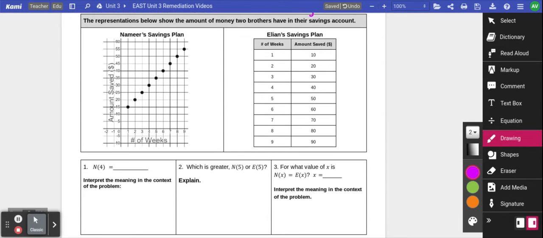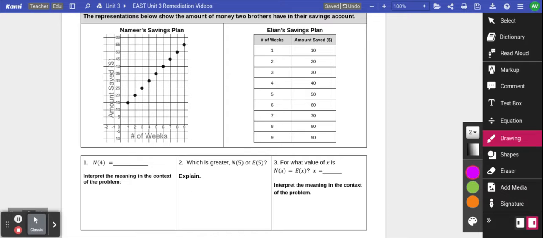Next, let's practice looking at graphs and tables at the same time and comparing them. So this problem says we're looking at 2 different savings accounts. There's Namir's savings account and Elian's savings account. Problem number 1 asks me to find n of 4. Now that means I want to know when x is 4, how much money is in Namir's savings account. So I'm going to look at this graph because that is the graph that is describing Namir's saving plan. When x is 4, I'm going to go up or down, and I'm going to find the corresponding y value,